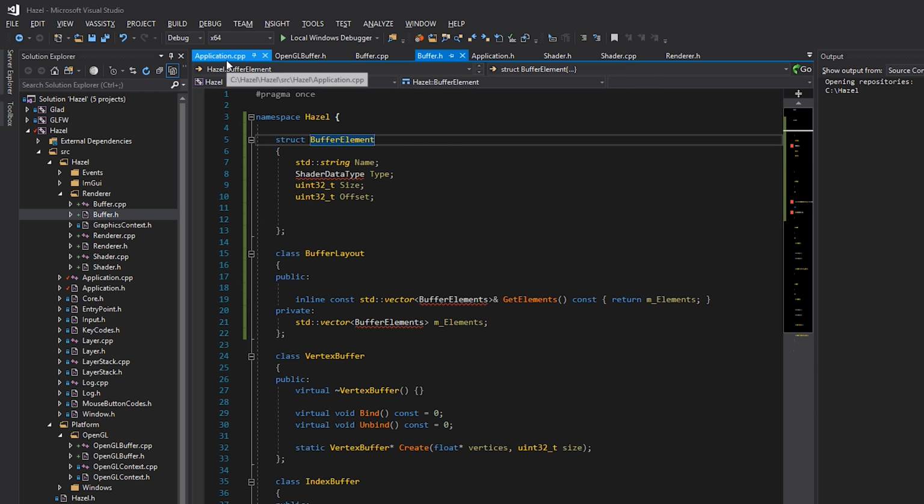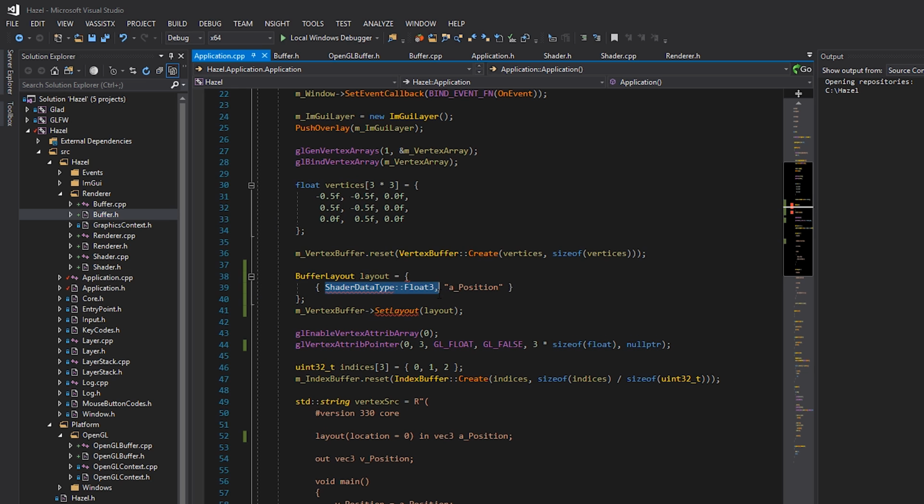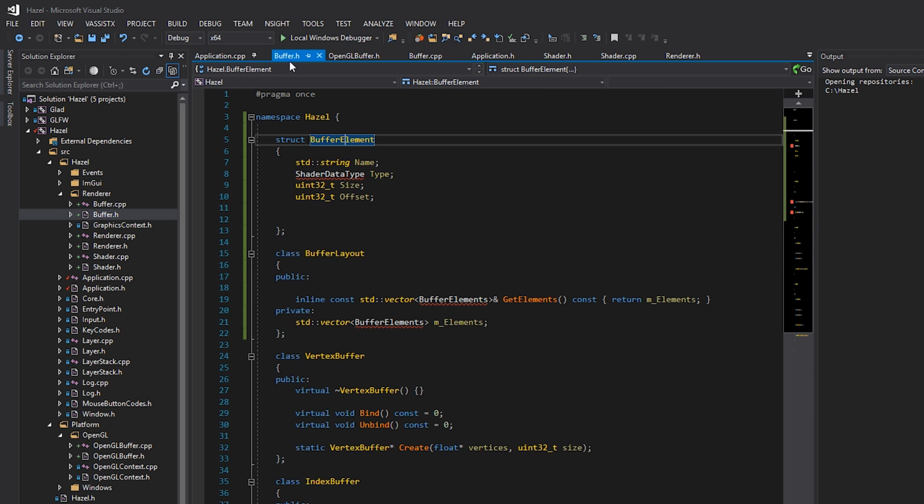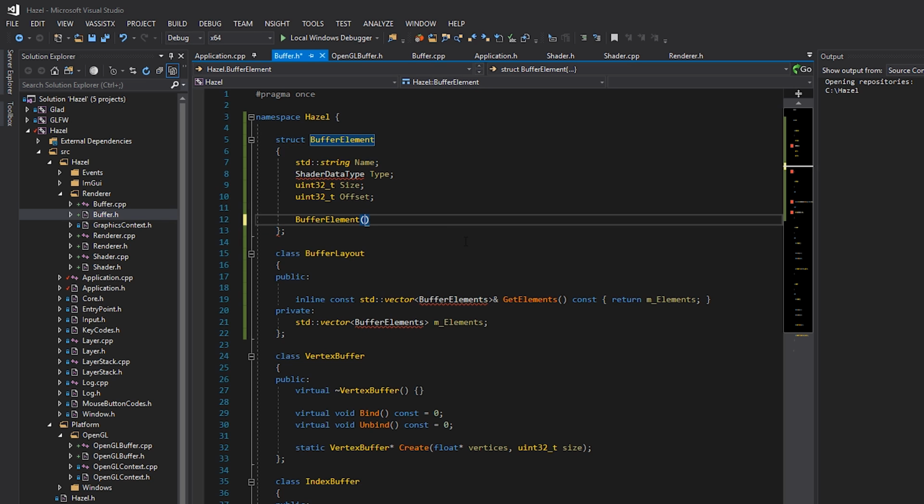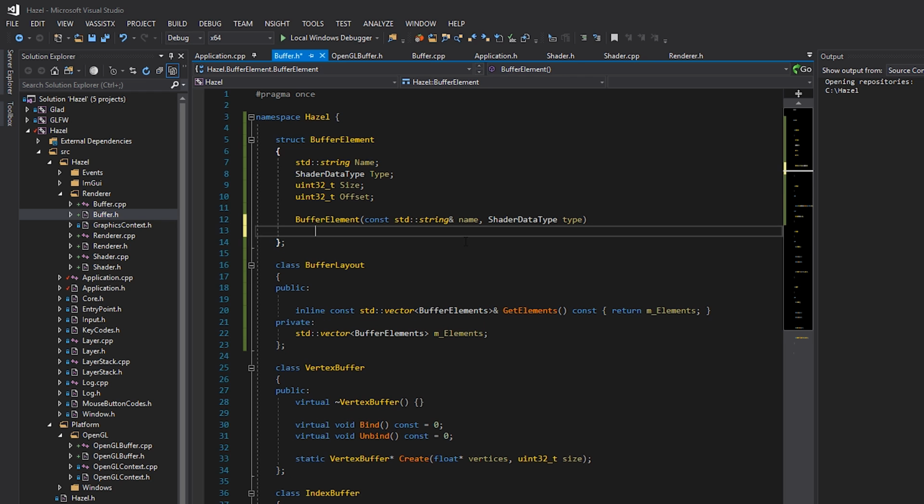Now, the way that we constructed this over here was just by writing the type first, right? And then the actual name. So we can actually do that here as well. We just need to create a constructor that allows that kind of construction, right? So I'll write const std string name, and then shader data type. All right, and then over here, we will set everything. So name we'll set to name. The type we will set to type. Size will set